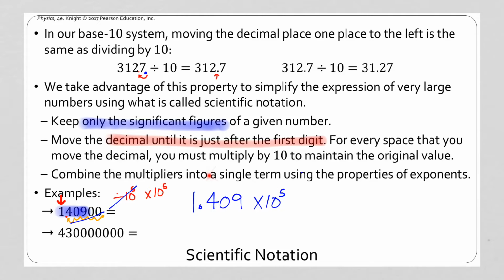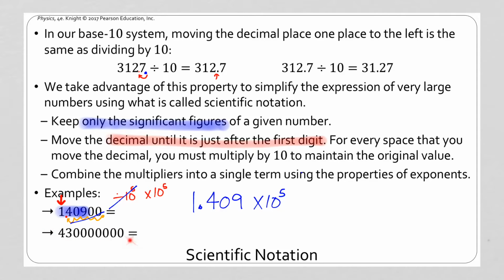This is a much more compact way of expressing this number. It keeps only the significant figures. I've dropped the non-significant figures, so there's less writing, and less chance for me to make a mistake and miscount the number of zeros I've put there. And I have a power of 10 here to give me an order of magnitude to show how big this number is. Take a moment and pause this video